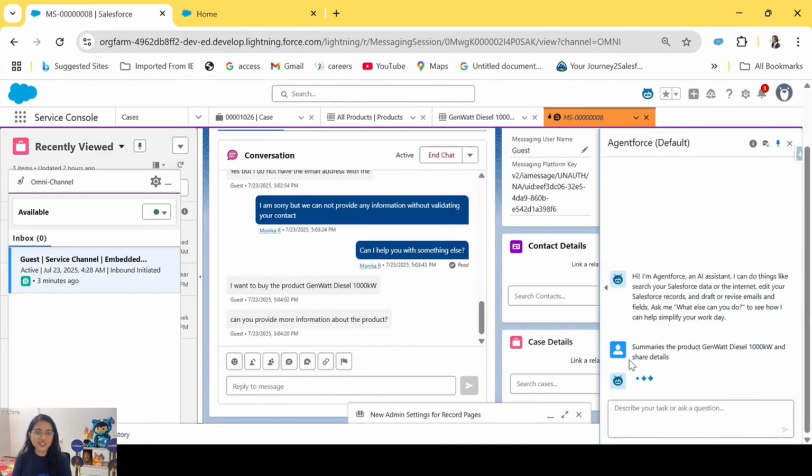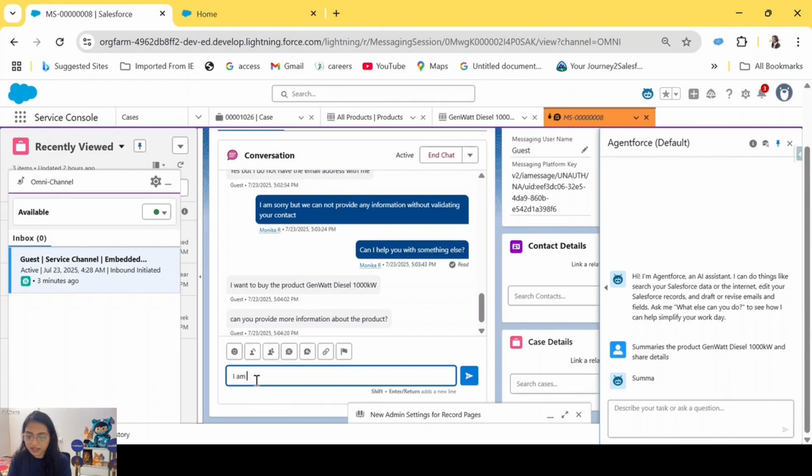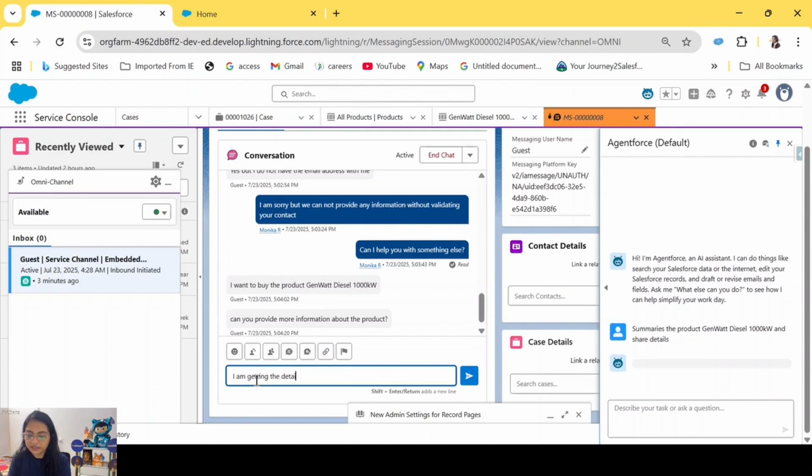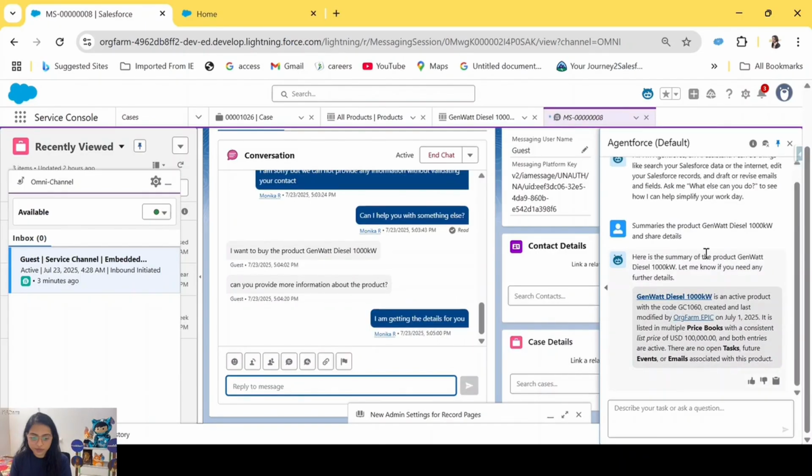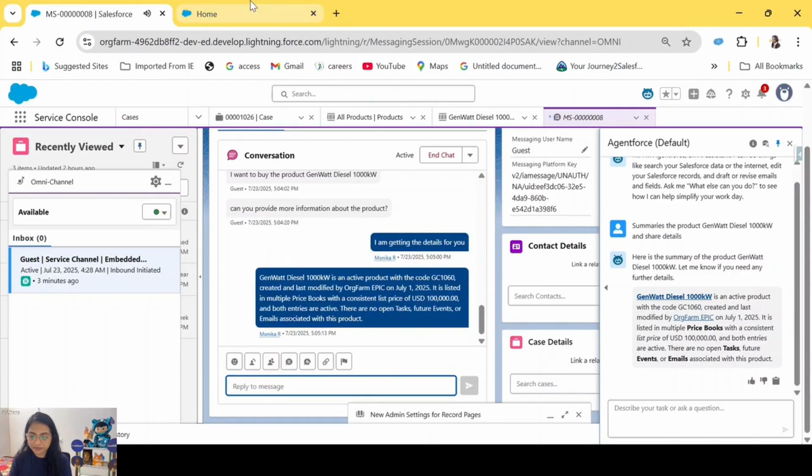It will just ask Agentforce Agent to do that, and meanwhile it will say I am getting the details for you. Okay, in the time I say I'm getting the details for you, Agentforce Agent already has all the details. Okay,